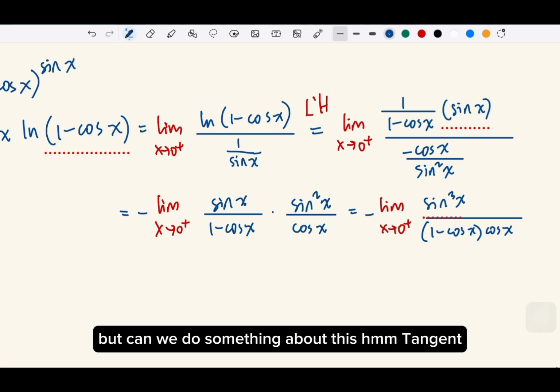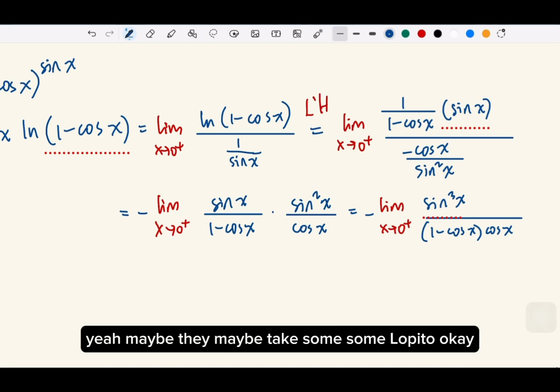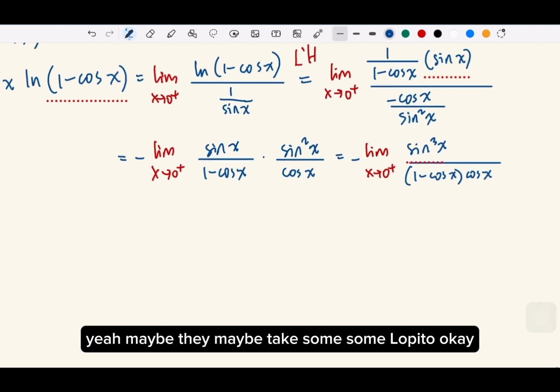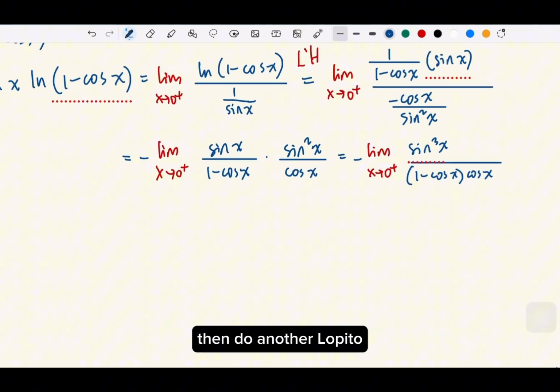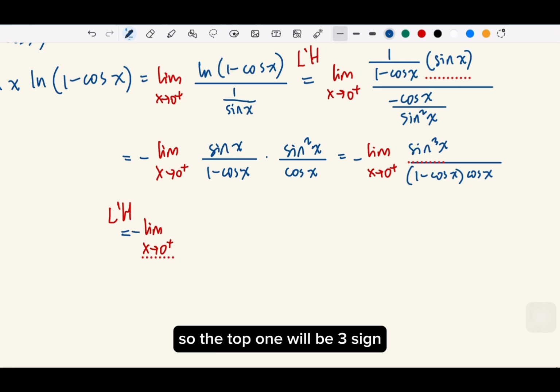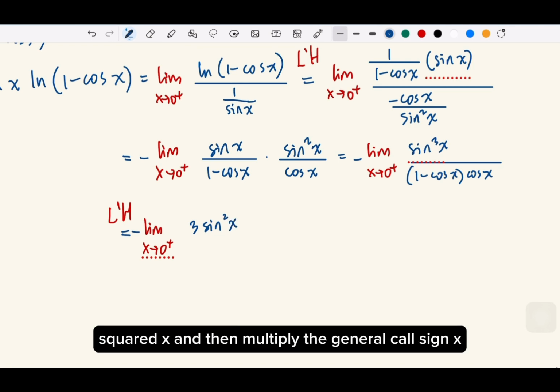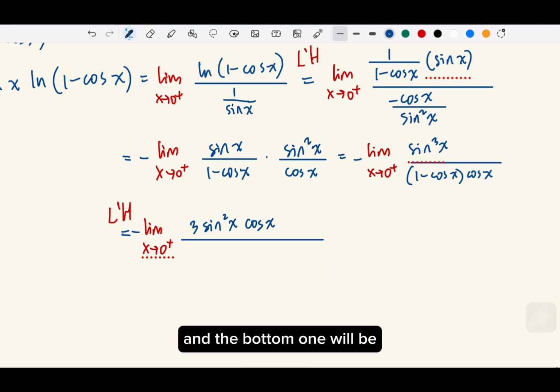But can we do something about this? Tangent. Yeah, maybe take some L'Hopital. Okay, then do another L'Hopital. So the top one will be 3 sine squared x, and then multiply the chain rule cosine x. And the bottom one will be